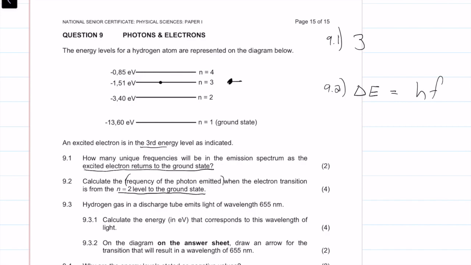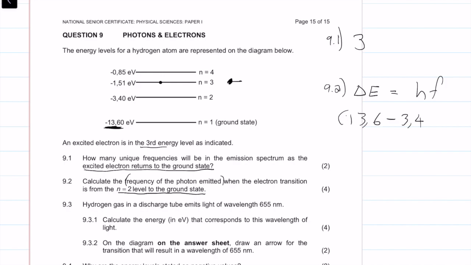Remember, we take the energy level in electron volts, so we're going to go from 13.6 minus, so bigger minus smaller because it's releasing energy,